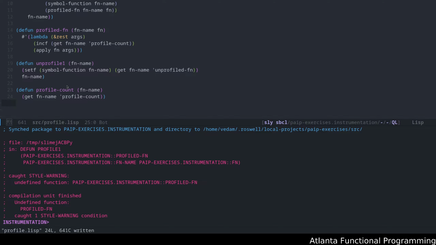The other thing that we might want is a list of functions, or function names.